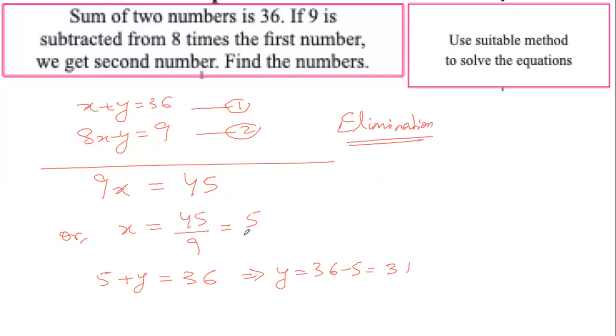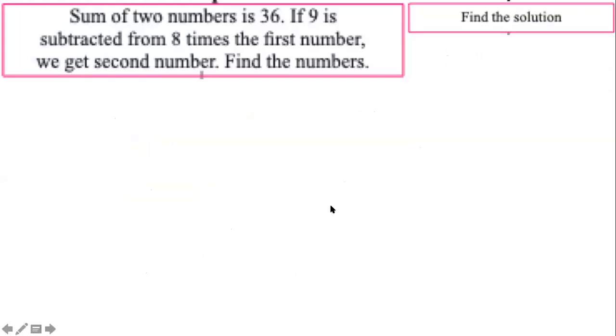So we have the value for x and we have the value for y. Are we ready to go to the next step? Very good, Alfia, Chand. What is the next step? The next step is find the solution. We have already found the solution. Na kya hai hamara solution? When we write it in mathematical form, we can say x equals to 5 and y equals to 31. This is the solution.